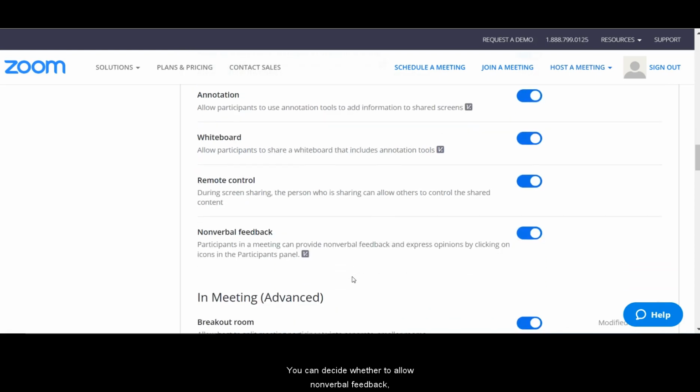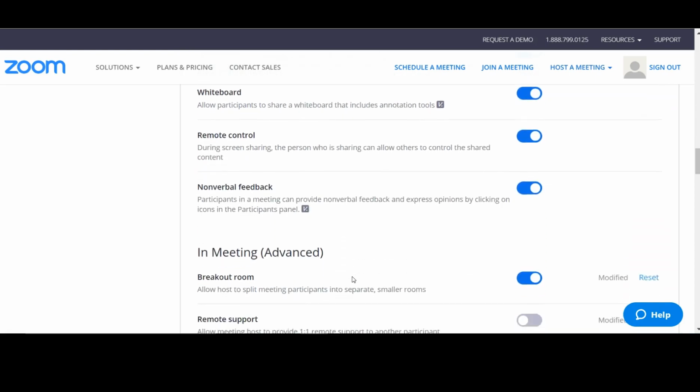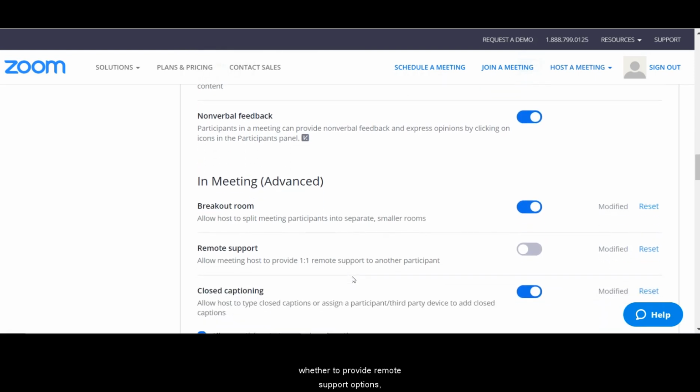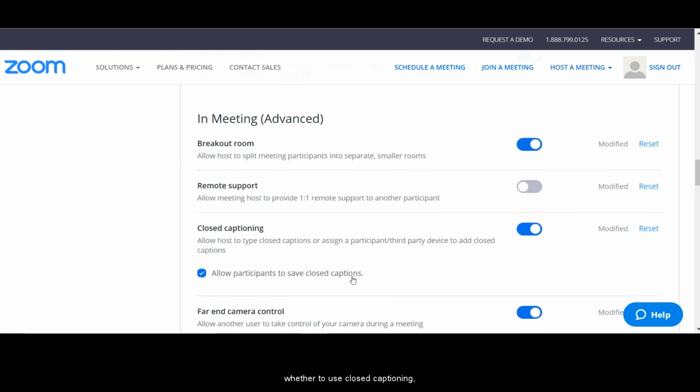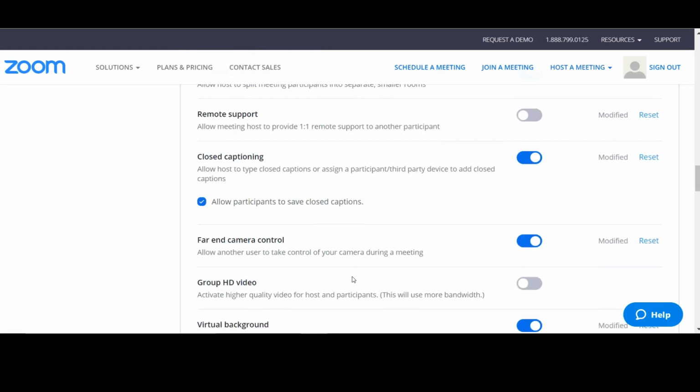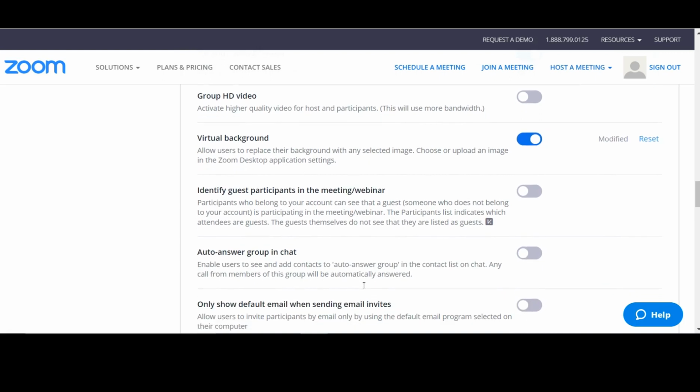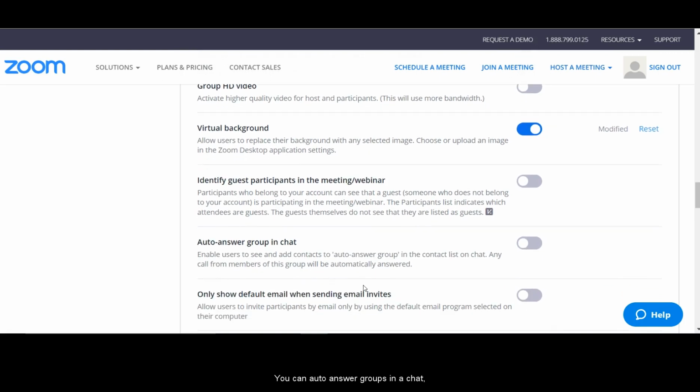You can decide whether to allow nonverbal feedback, whether to set up breakout rooms, whether to provide remote support options, whether to use closed captioning, whether to use a far end camera control or group HD video. You can set it so that you can use a virtual background or so that you identify guest participants. You can auto answer groups in a chat,